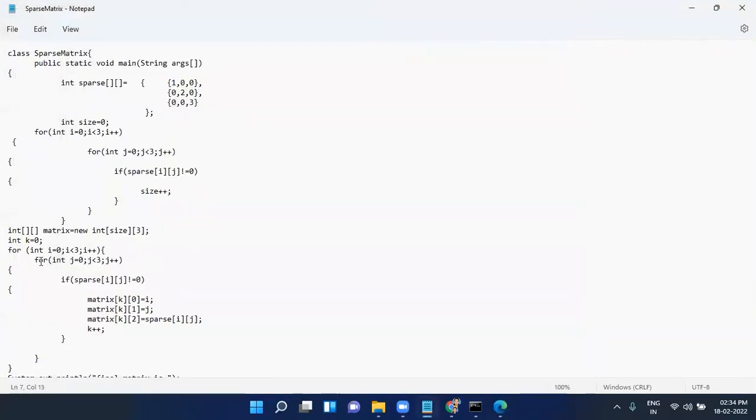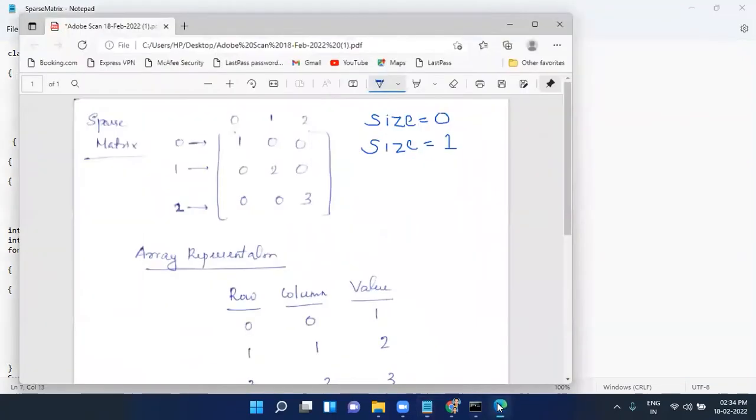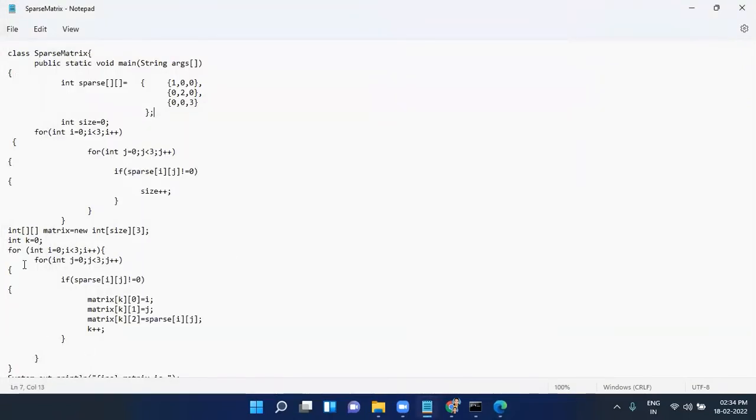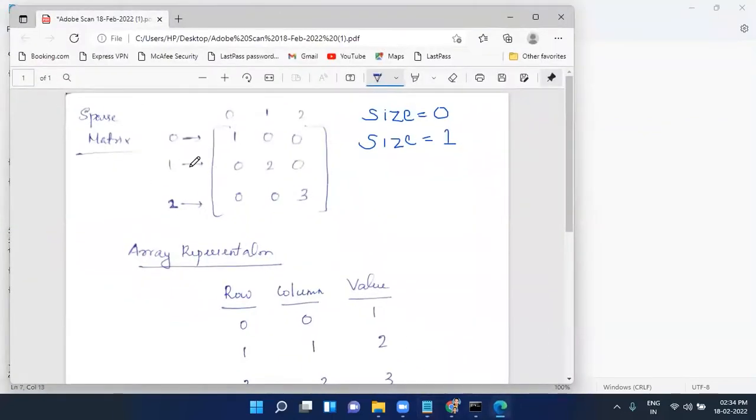Then again j is incremented by 1, so it moves to the next column and checks whether the number is non-zero or not, and then the row value is incremented by 1. So the program checks the next row, and similarly